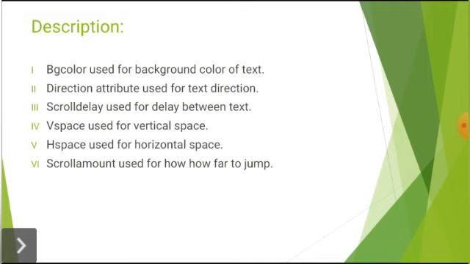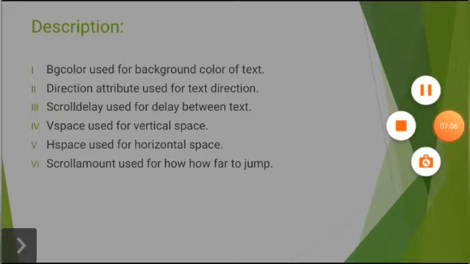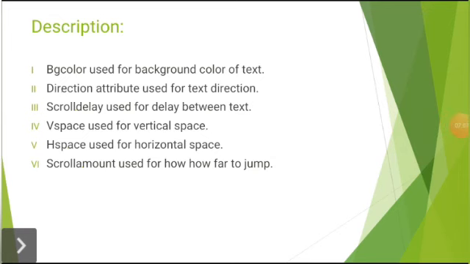Then H space is used for horizontal space between the text. Then scroll amount: how many times you want to run or rotate this text on our screen, we are using the scroll amount. If you use scroll amount equal to 10, then the text will run on the screen 10 times. Let's see the HTML code of it.